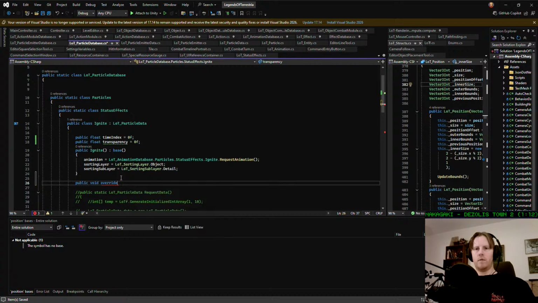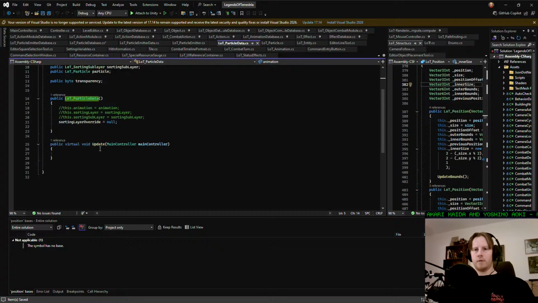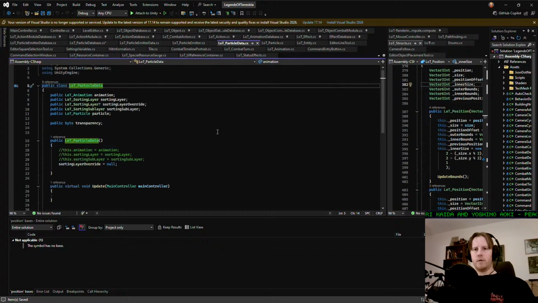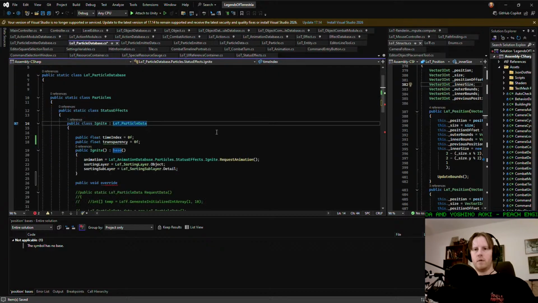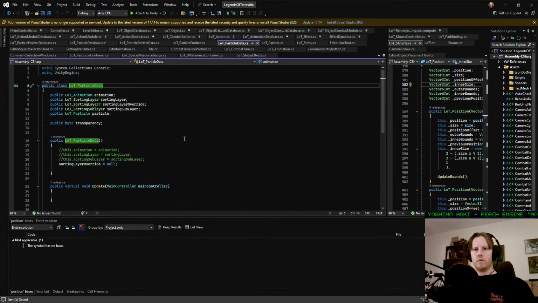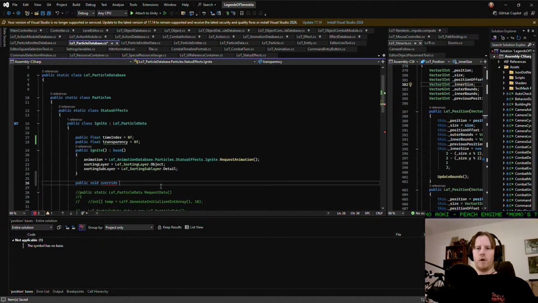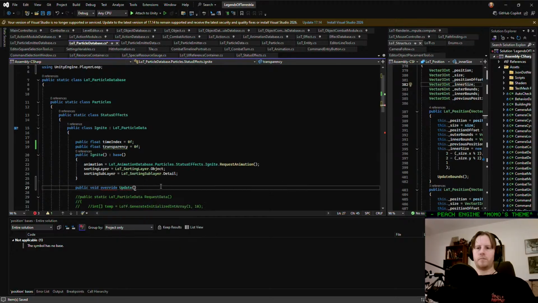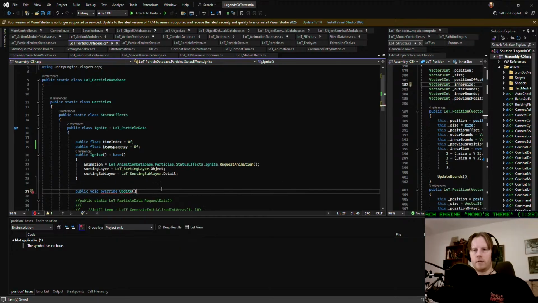The base particle data has an update. Void override update. It takes